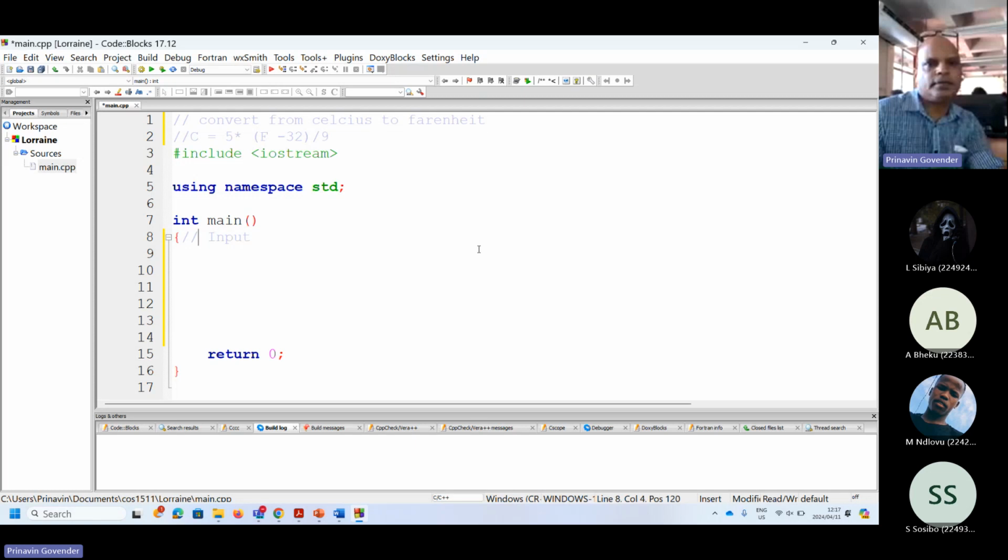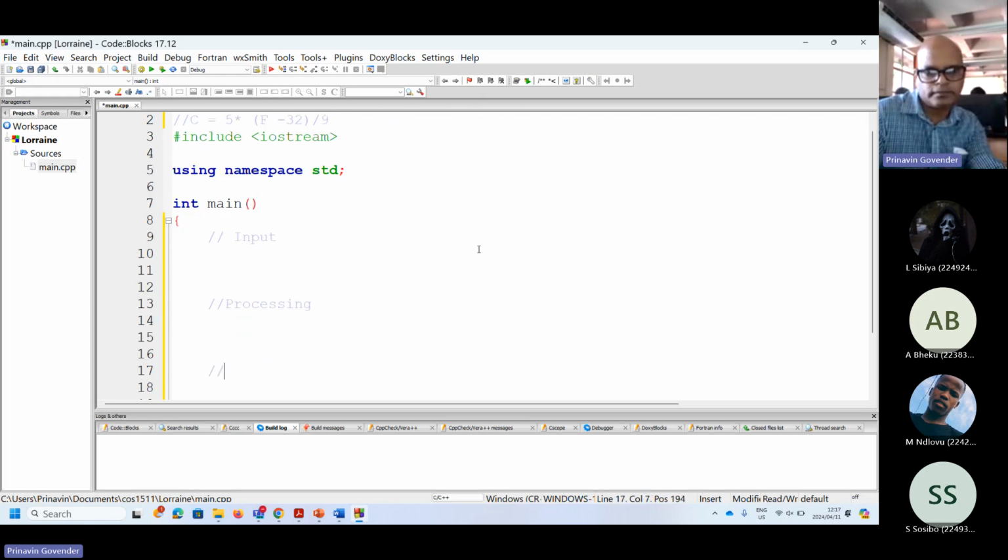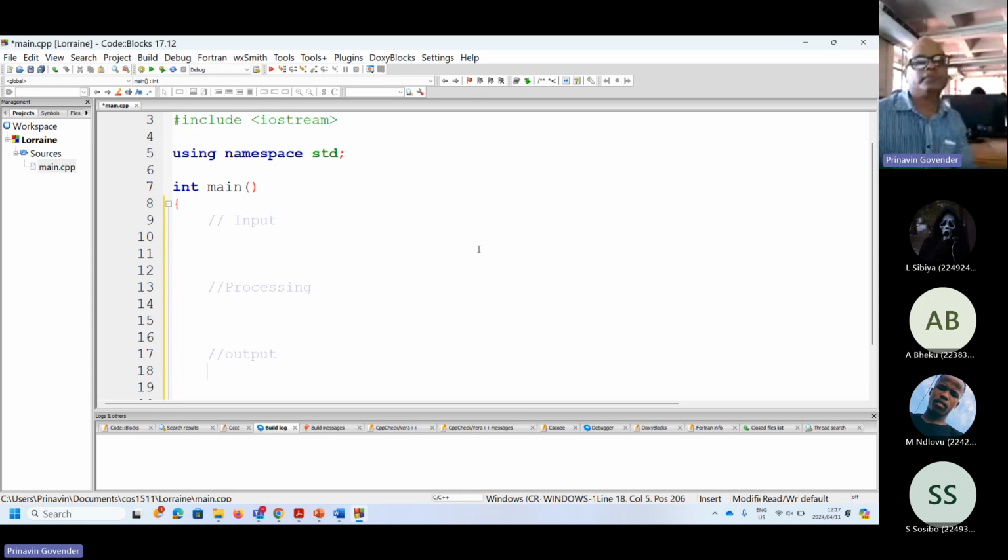Input. Processing. Lucky, are you okay with this, Lucky? Right. And output. So we're going to start with the output, the end in mind, as if we know the answer, because we want to get 2 marks. So Lucky, we're going to say